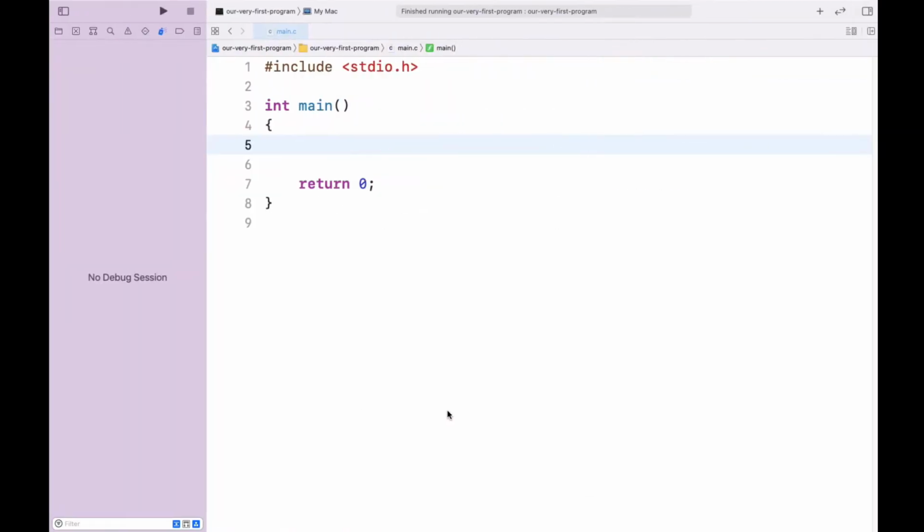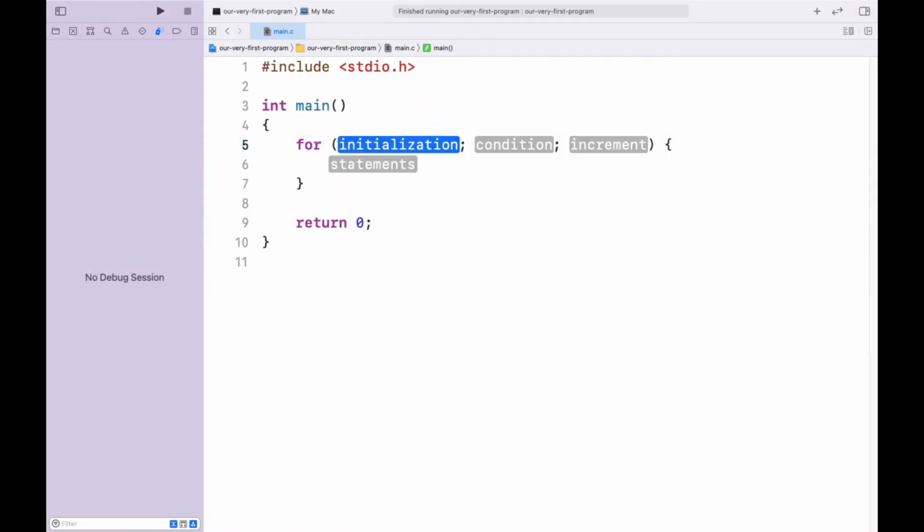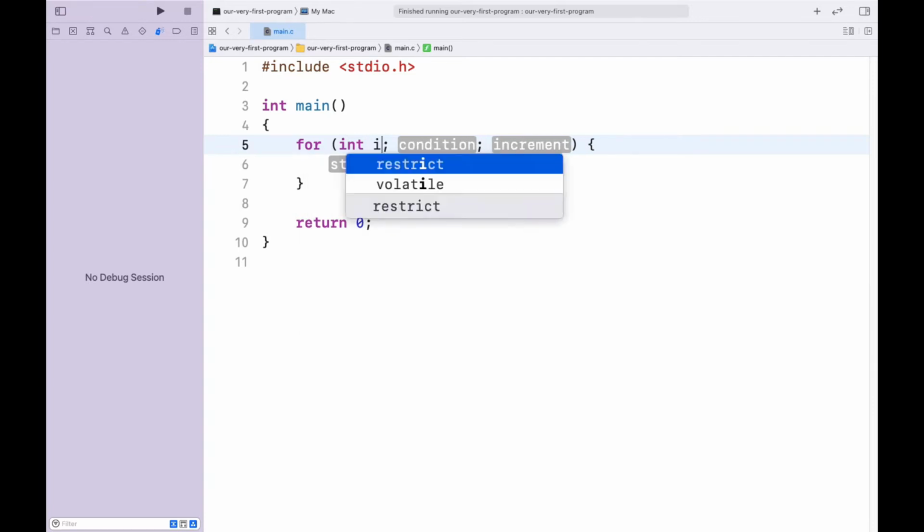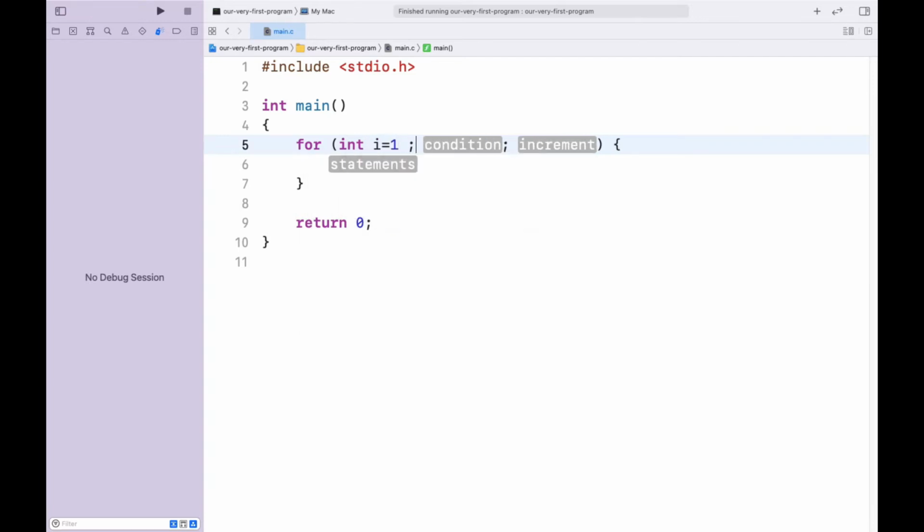So let's first have a for loop that is going to get executed five times: i is less than or equal to 5, and plus plus i.